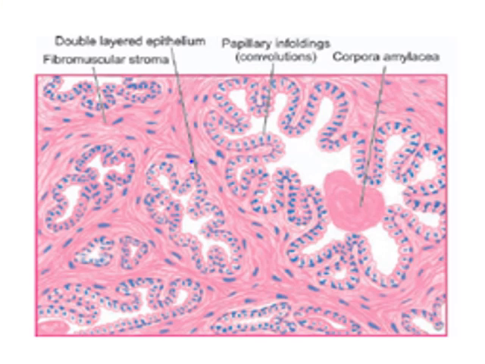This is another microscopic image, high view, which shows the glands and the fibromuscular stroma. Here you can see the glands which are lined by two layers of cells. There is an outer layer of flattened epithelium and an inner layer of tall columnar epithelial cells which are mucus secreting. And these glands we can see are thrown into papillary infoldings. And in the center there is presence of corpora amylacea in the lumen. And the fibromuscular stroma is also seen, which is increased. So this is a case of BPH.